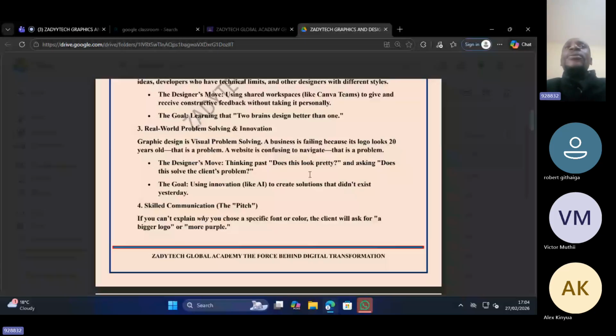Navigate through the AI to help you be a co-pilot in this designing process, in this problem-solving process. Use innovation, that's the creativity. Use it to ensure that you salvage this business from collapsing. How is your design going to help it? How are you going to salvage this particular business that is drowning so that it comes back to life